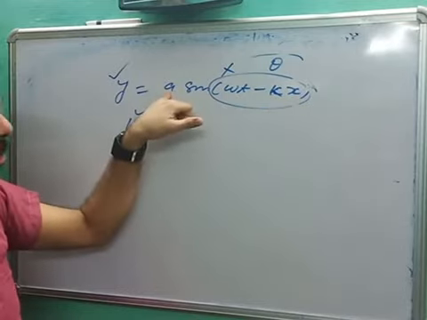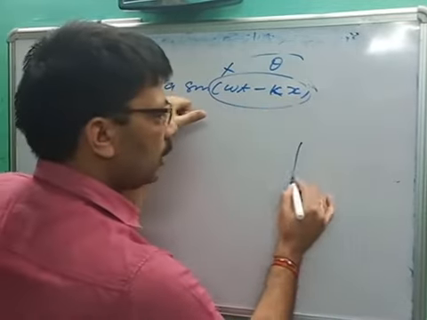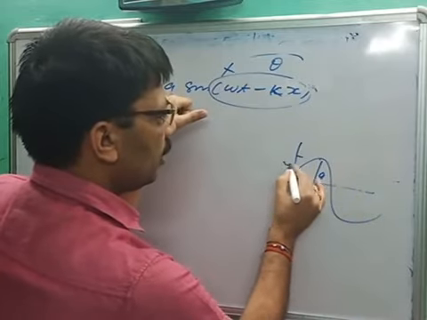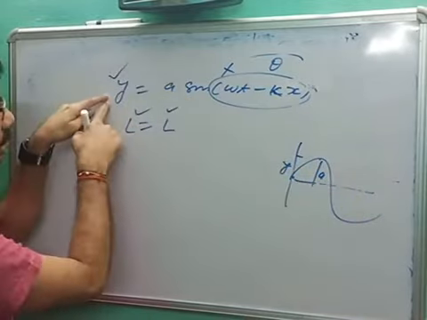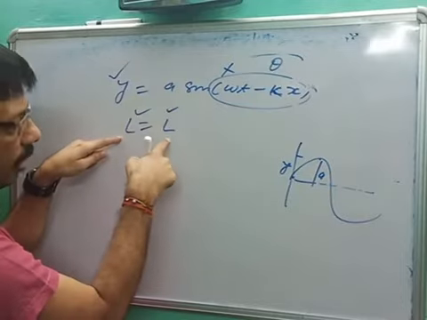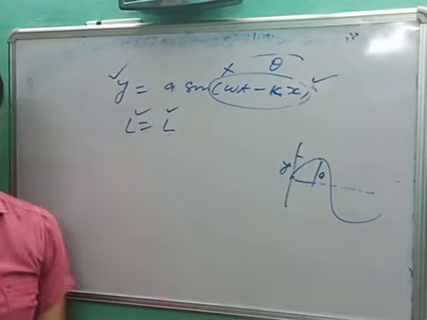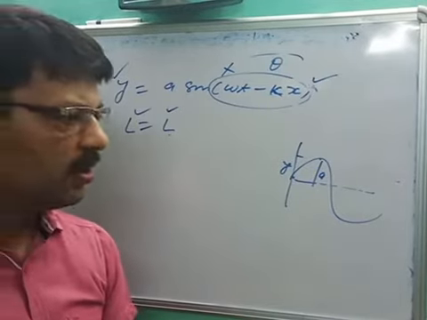This is the form of theta, you better know y is equal to a sin theta, in the place of theta it is written omega t minus kx, which is sin theta and which is a dimensionless quantity. A for amplitude, you better know, in class 9th the maximum displacement is called amplitude and that is the displacement, both are meter, y is meter for L, A is amplitude for L, L is equal to L, hence the given formula was correct. That is also given in your NCERT book.